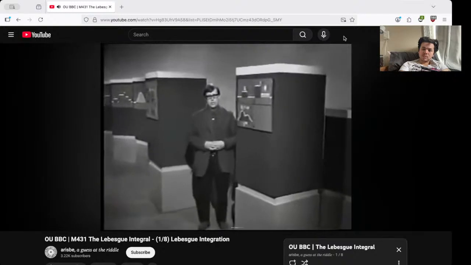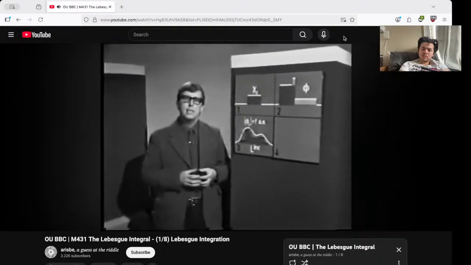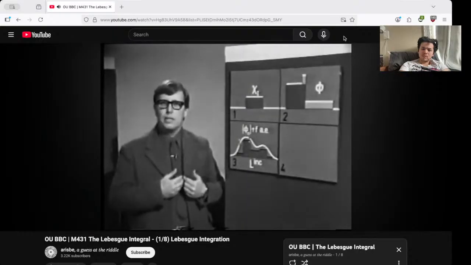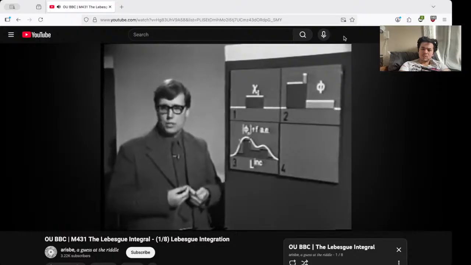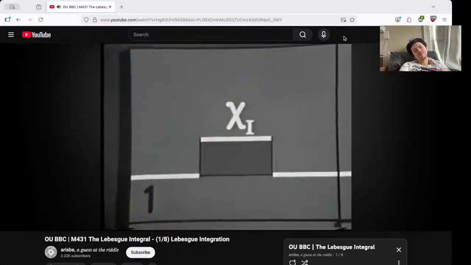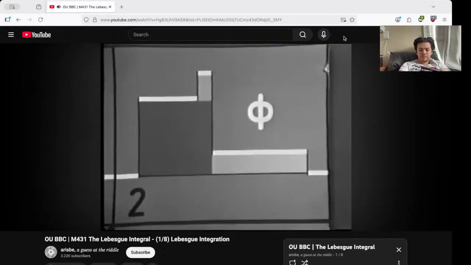Well, what are all these stages? The point is that we are not going to use the Riemann definition of integration directly to give us our Lebesgue definition. Rather, we're going to go right back to the beginning, so to speak, and build up our Lebesgue definition constructively. So the first stage is to look at functions like this, the characteristic functions of bounded intervals. And for those, we define the integral to be base times height. At the second stage, we're going to look at step functions. That is, functions which are linear combinations of characteristic functions of bounded intervals. And for each step function, we define the integral to be the same linear combination of the integrals of the